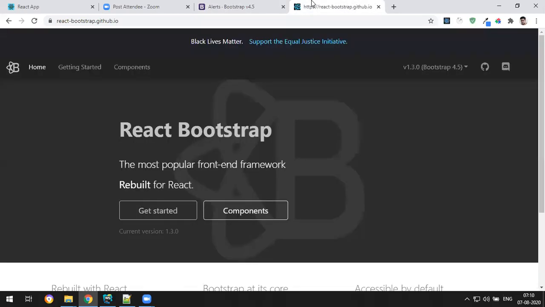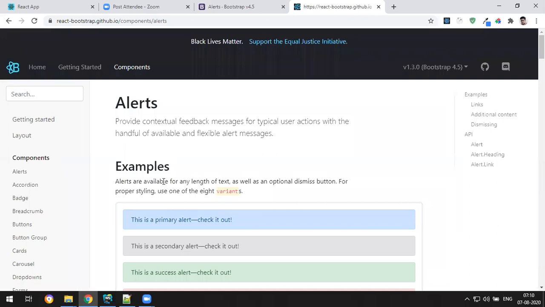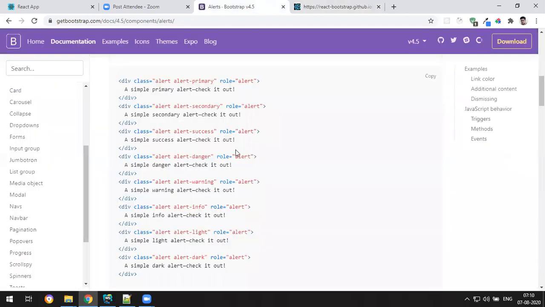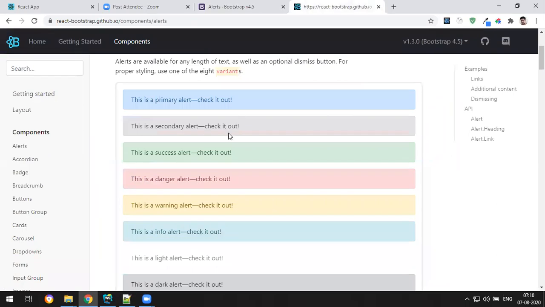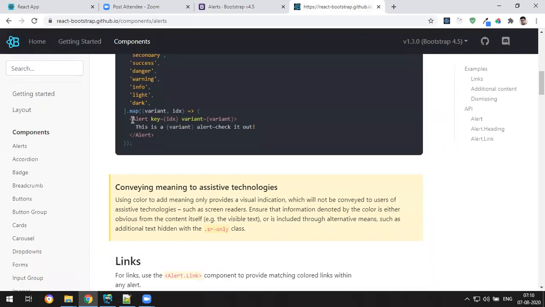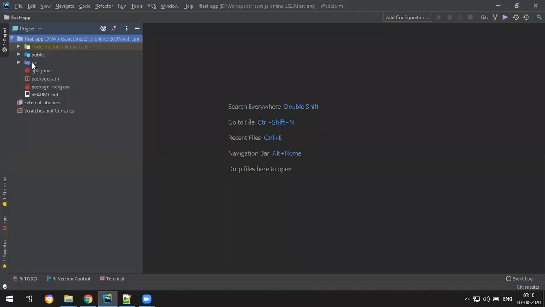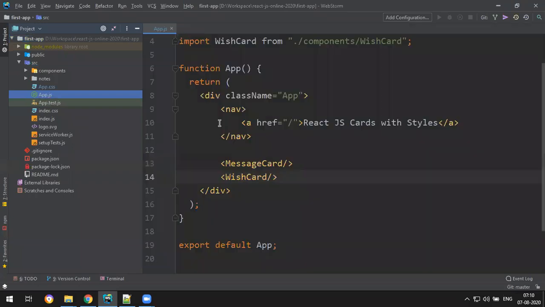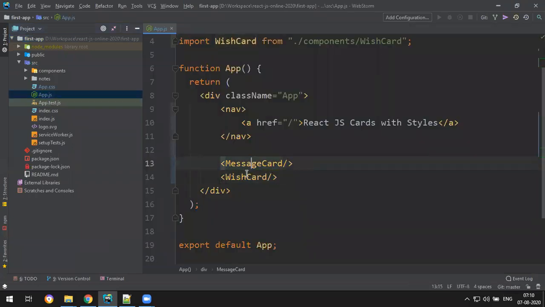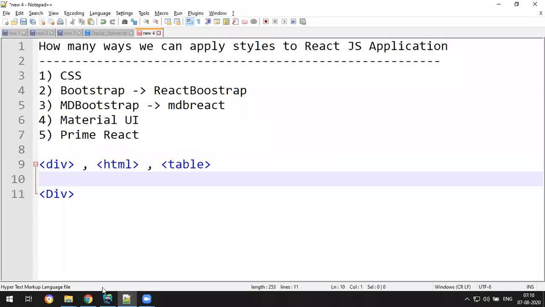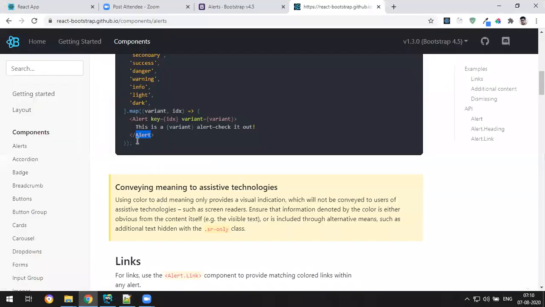But in React JS, how you write is they have the components also. See, same alerts. It looks like the same alerts here, but how they are written is like this. See, capital Alert tag. So this means this is one predefined alert component. Because we read yesterday the customized components, called which ones? I think I showed you in the app.js. Yeah, these are custom components, message card, wish card, like that. They have given their own components, the predefined alert component.